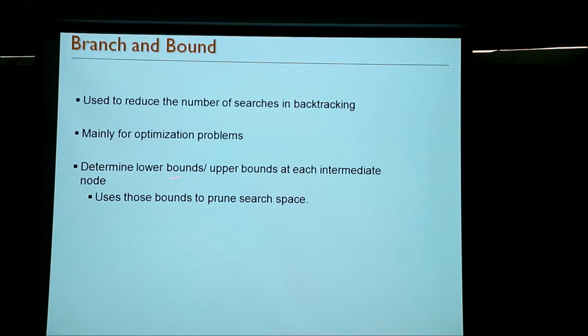And we will use some kind of lower bounds or upper bounds that will help us prune some nodes and also to decide which is the next leaf node, which is the next intermediate node which we want to visit next. Right. So I will give an example and we will go through it very slowly so that this brings up the idea. But the idea is here again some kind of optimization problem and also some kind of pruning. But the idea of pruning is based on determining some kind of lower bound and upper bound at each intermediate node.